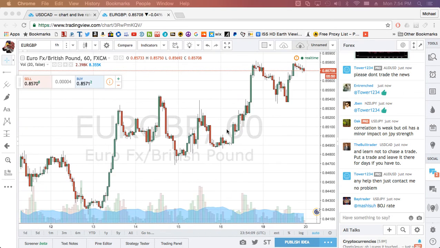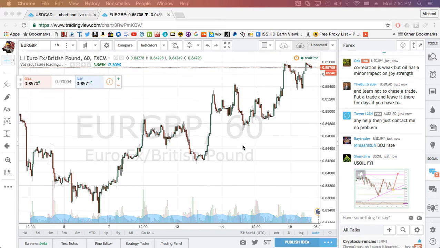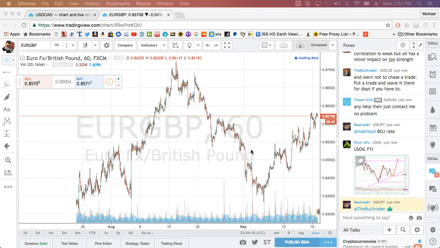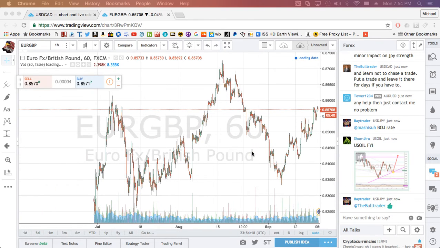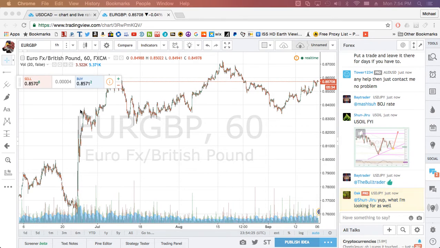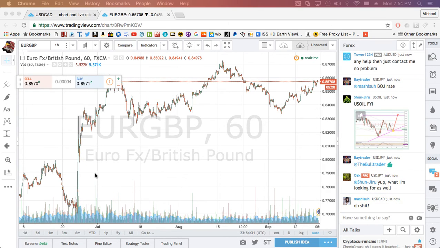So I'm on the 1 hour chart and I'm looking at the euro against the pound. Wow. Oh, you really got to zoom out for this one. Oh, and I can see where Brexit happened. Is it? Yeah. This is where it is, isn't it? That's Brexit right here. Oh yeah. Wow. You can see that from a mile away.